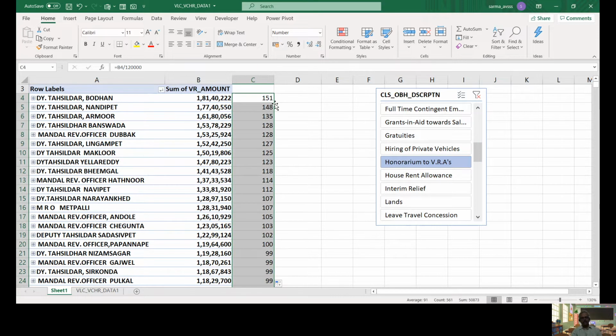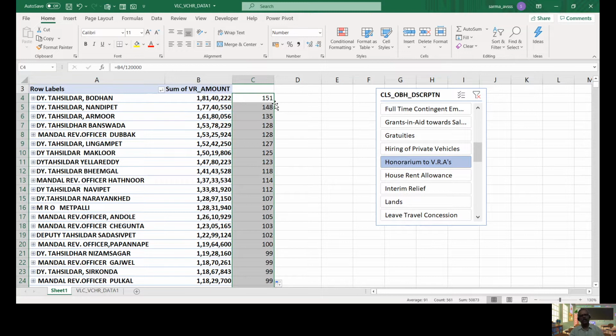Whether the number is correct or not, we have to think and cross check. That is possible with the attendance roll or muster, whatever records are available with the Tahsildar. Even if you have a voucher, maybe you can see the names, right? So every month he has to draw for 151, and we can cross check the names. If any discrepancy is found, maybe we can write an objection like that. So there are numerous possibilities if we start analyzing the data using this model.